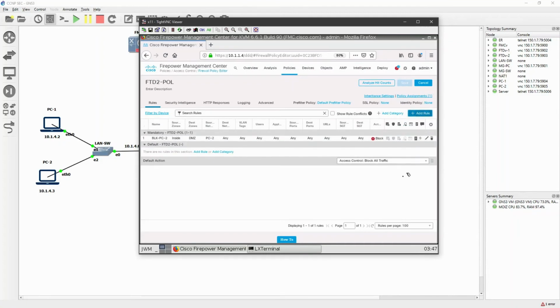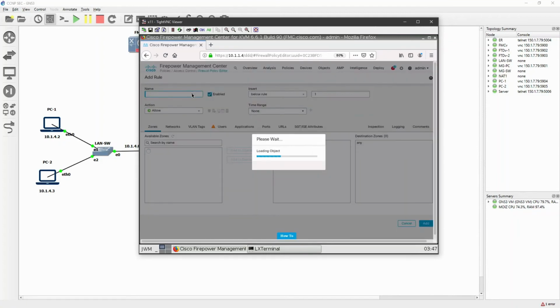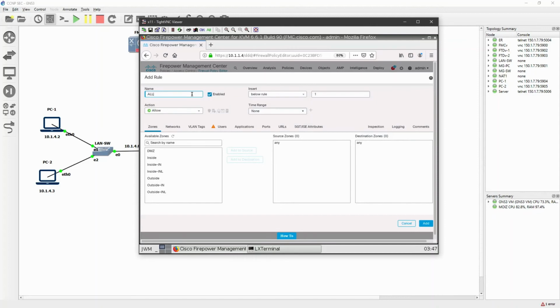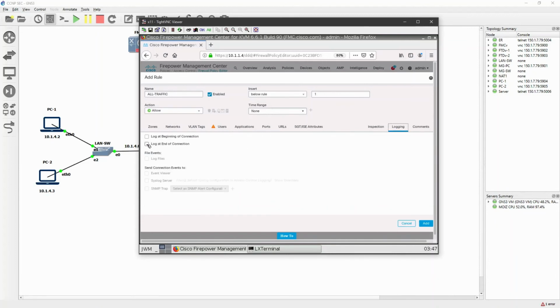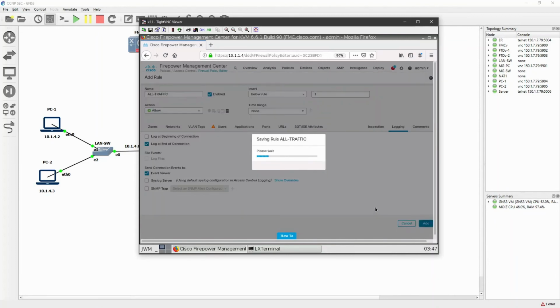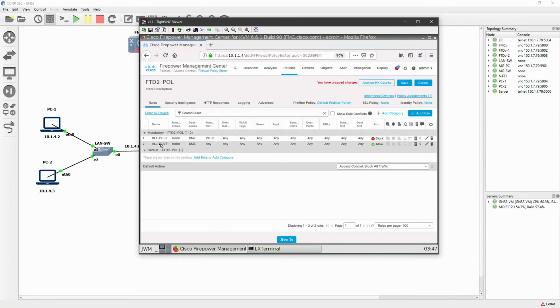So click on add rule and this one will be the rule allow all traffic. It should be below rule 1, coming from inside to DMZ, any network, any port, log at the end of connection, click add.